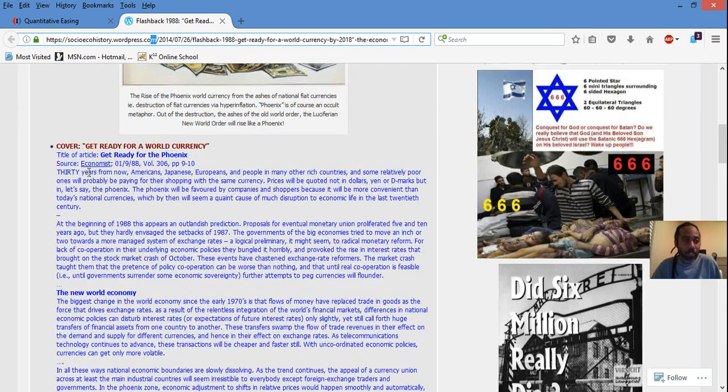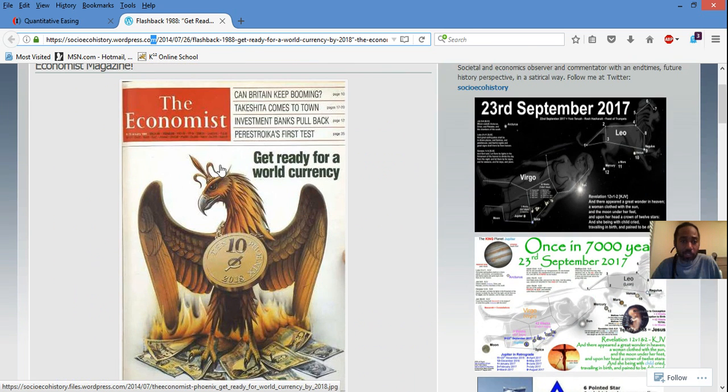He says, get ready for a world currency. Now look at this big old phoenix. This is not an eagle. This is a phoenix. See the little crown and stuff on the head? And this coin here looked like Bitcoin. It actually looks like the digital currency for Bitcoin. It has the infinite sign on it, which means that this currency either is going to be infinitely accepted or maybe it's going to be infinitely passed up. To be honest with you, I don't know whether it is an infinite sign or mega sign. I don't know exactly what it is.